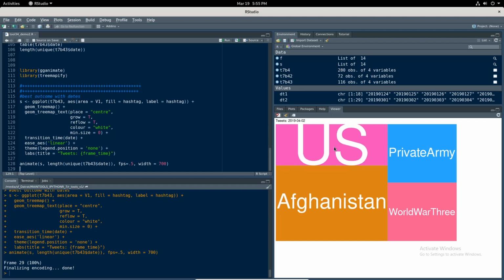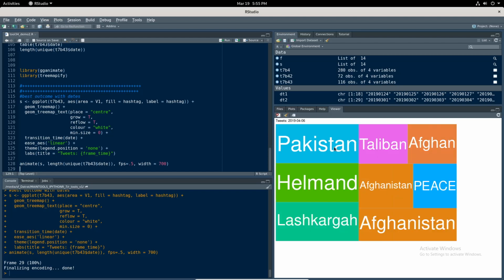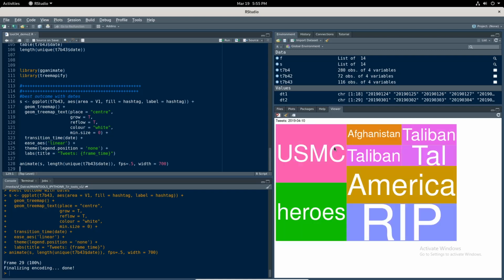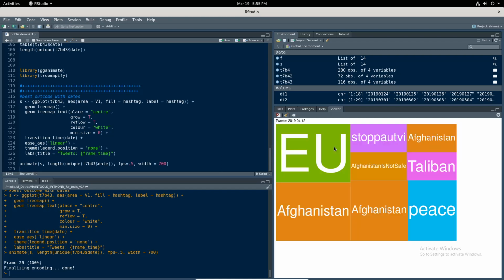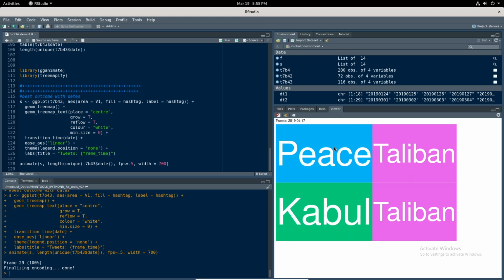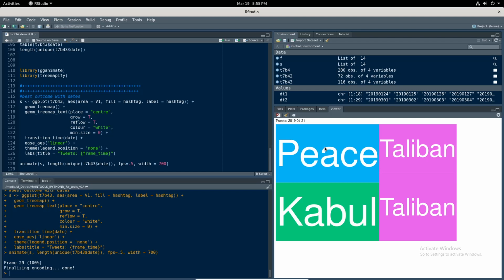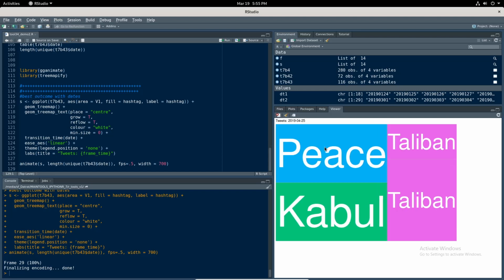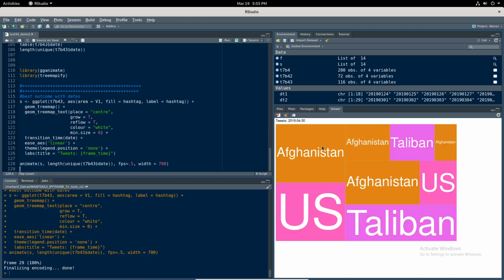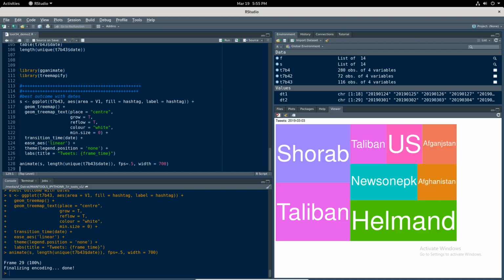If you are working over longer periods, say over a year, and you want to demonstrate something as a trend, the purpose of using this animation is to demonstrate the trend of some hashtags. Over a period of time, if I want to demonstrate these trends, then it fails to manage the gaps. So this is the only lacuna in GG Animate, and if you can sort this out, then that will be very good. Thank you.